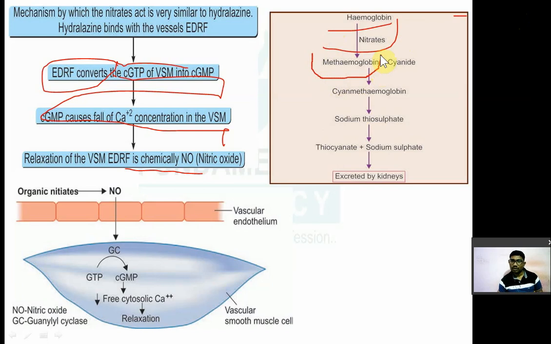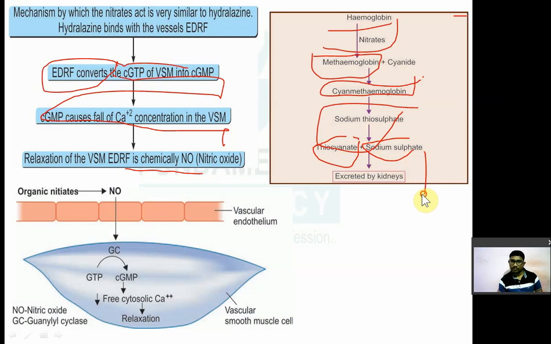Methemoglobin बनाएगा तो साइनाइड जब हीमोग्लोबिन के साथ में कंबाइन होता है तो साइनोमिथाग्लोबिन होता है, तो साइनाइड प्लस मेथाग्लोबिन बनेगा साइनोमिथाग्लोबिन, तो उसके साथ में अगर सोडियम थायोसल्फेट आप देंगे तो सोडियम थायोसल्फेट क्या करेगा? थायोसाइनेट को अलग करेगा and now that can be easily excreted in the kidney. That's how it is useful in the cyanide poisoning.